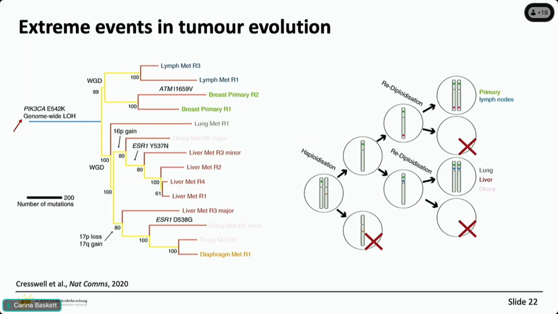So across these different samples, we actually saw that they mostly had a whole genome loss of heterozygosity. So most of the chromosomes had become homozygous. This at first was quite surprising, and we thought there was something wrong with the data. But when we double-checked the data and dived deep into it, what we were able to trace is that we think they shared a most recent common ancestor, which underwent a haploidization event, then underwent a few cell divisions, and then underwent two parallel whole genome duplications, becoming diploid again. And then these two different lineages formed either the cells that we found in the primary or the lymph nodes or the other metastases. And this was super interesting to us.